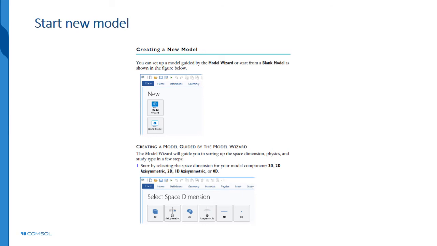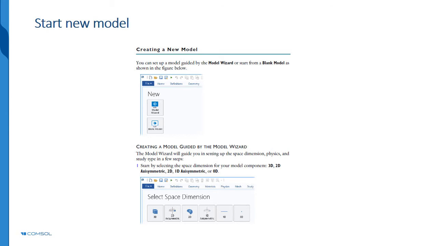To start, once you click on the software, normally you will get something like this figure where you're going to choose the model wizard.